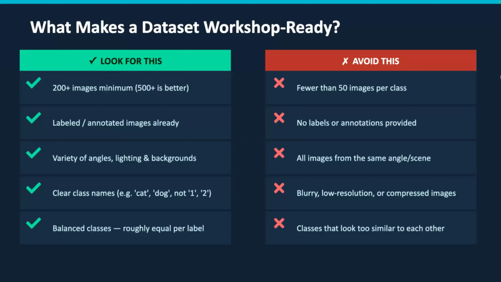To pick your dataset, avoid scarce data, less than 50 images in a class. A class is basically like people. You want more than 50 images of people to train the model. You want proper annotations, proper labelings. You want to make sure that the bounding box is actually hitting the person most of the time. Just take a quick look at them. And make sure that all the images are not from the same angle, because if you want to make a model to detect a MacBook, and you just keep taking the same picture of the MacBook at the same angle, then you defeat the purpose of training the model. And you guys get the idea, right?